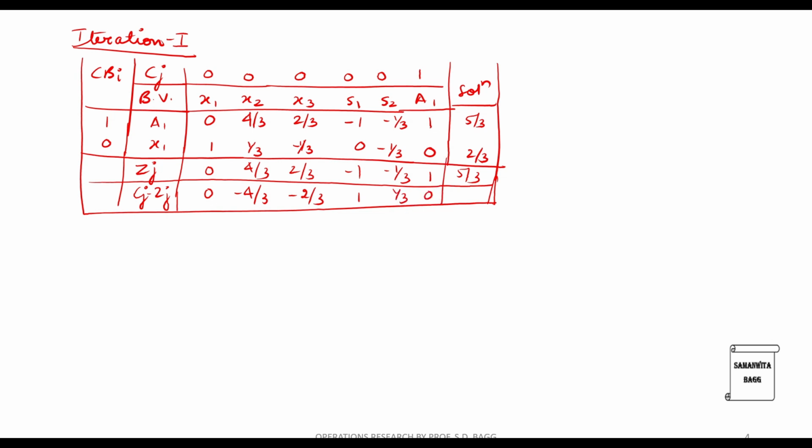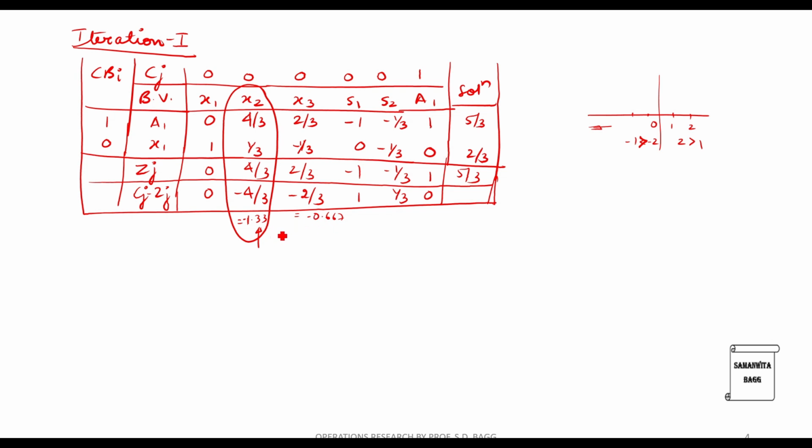Now all the values should be positive, which it is not. So we will have to catch hold of the value which has led to the solution not being optimal amongst these two. Now if you solve this, this is going to be 1.33 with a negative sign and this will be minus 0.667. So this value is going to be higher. Minus 1 is greater than minus 2 and 2 is greater than 1. So this is very simple mathematics which I am going to use. So I am going to consider X2 as the value which is going to now enter the solution because this is smaller as compared to this number 0.667.